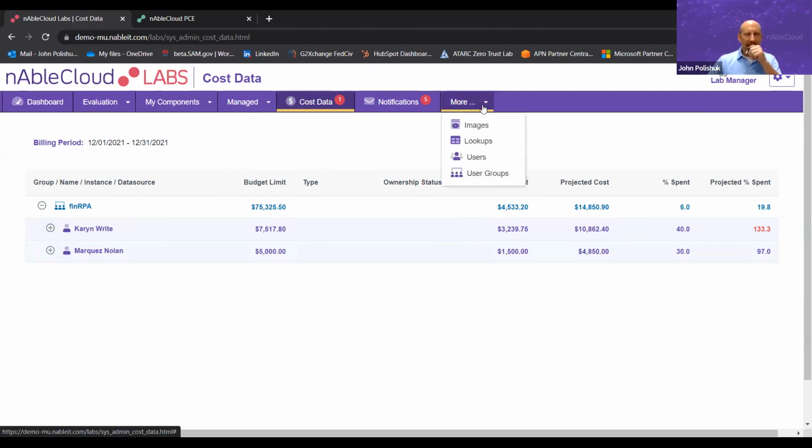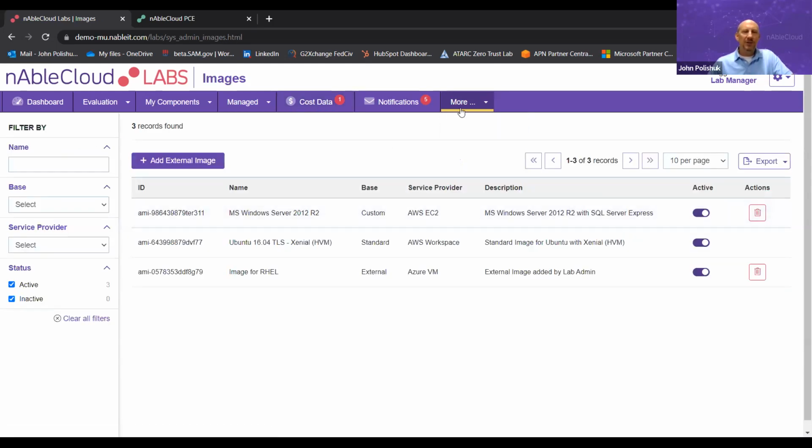Now, something that we've added recently is, think of this as a library that the administrator is managing of things that have already been made. So this, for instance, are images that we've built that are all being used, but they can also be held for use by others. So if you have pre-configured images, that is this combination of services, you can just keep that and be able to deploy that very easily or assign it to somebody else in the future. The same goes for